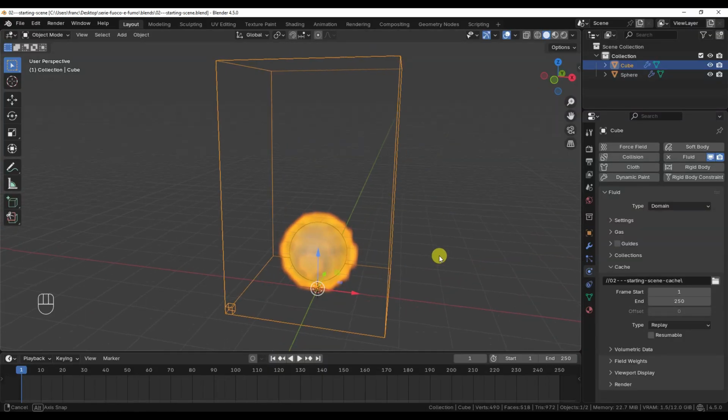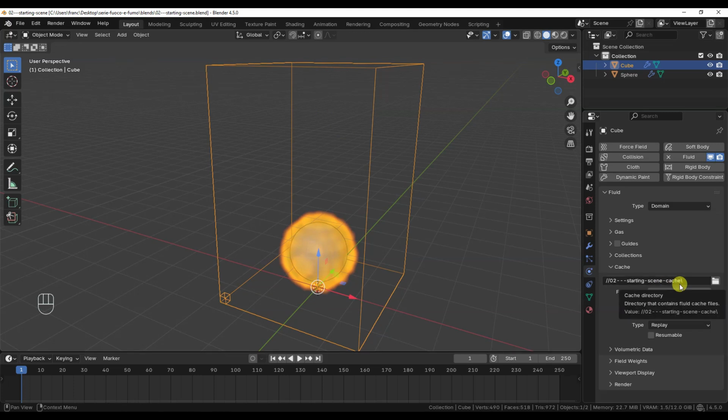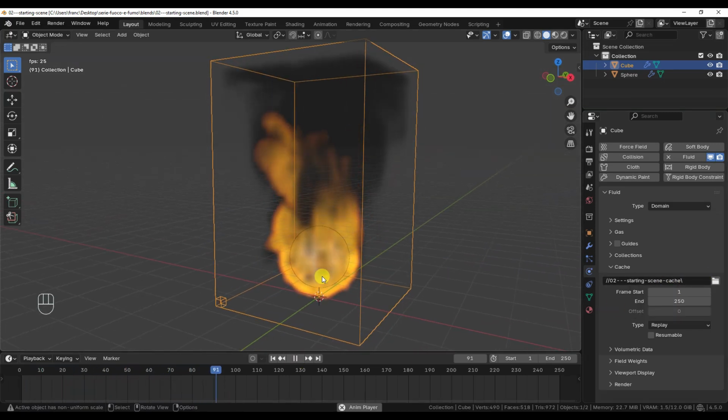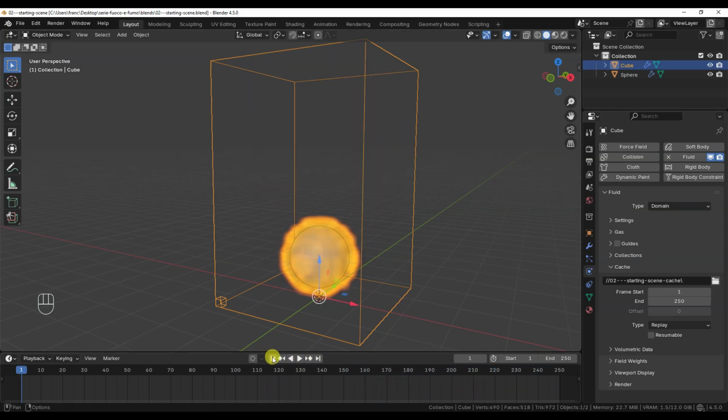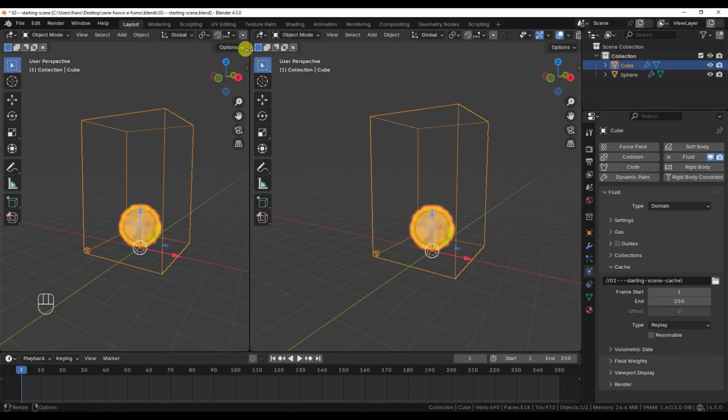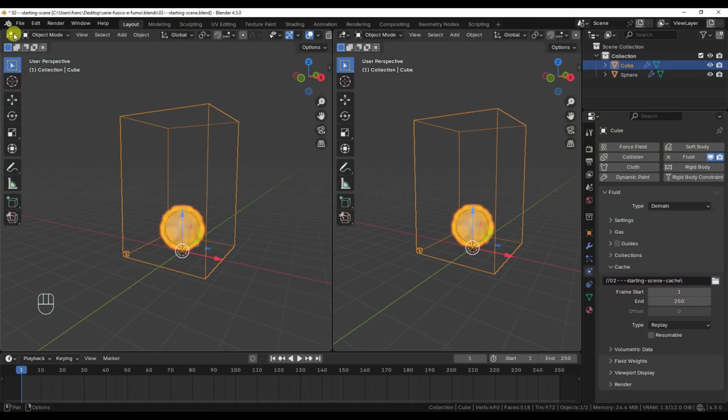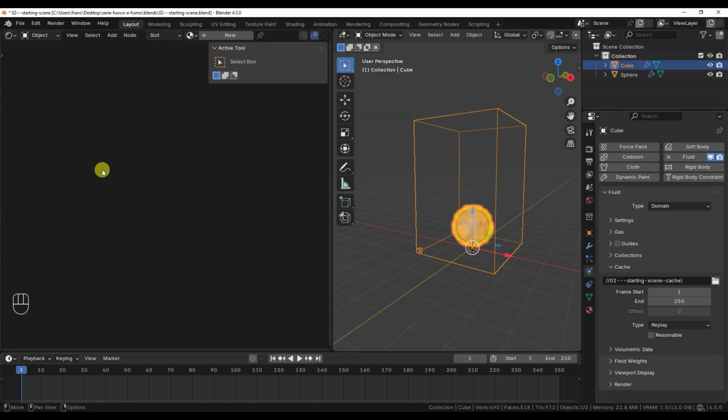I'm picking up from the scene used at the end of the previous tutorial, but this time I've saved the Blender file and set up a cache folder inside the same directory where the project file is located. As for the material for fire and smoke, it should not be defined for the flow object or objects in the scene, but for the domain.